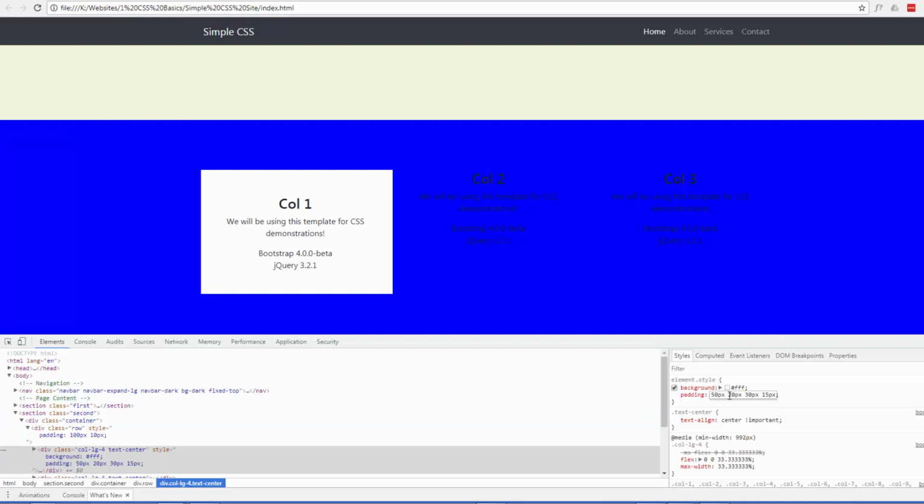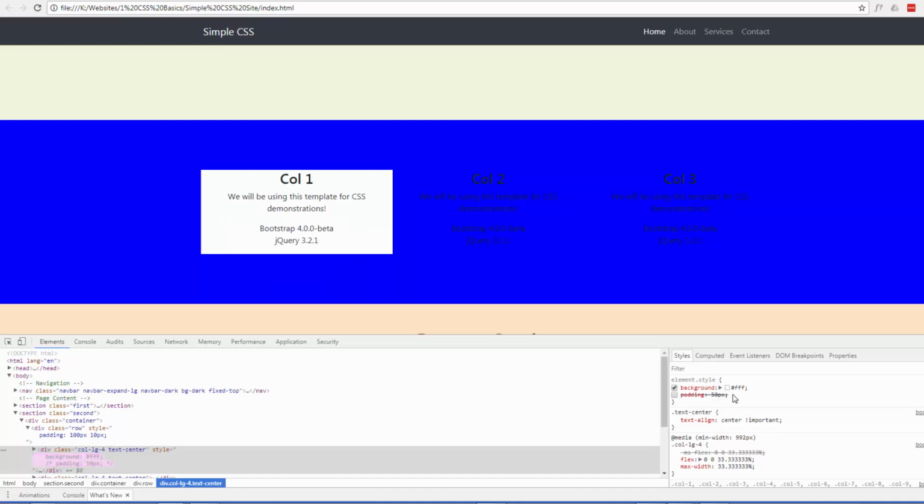So let's just put it back to 50 pixels each, which kind of looks the best there. But also, if you just want to affect one attribute, you can do individual sides. So I'll just take that off again, and you can say I just want 50 pixels at the top, nothing else anywhere else. You do padding-top